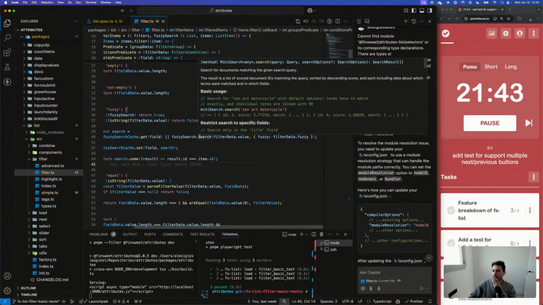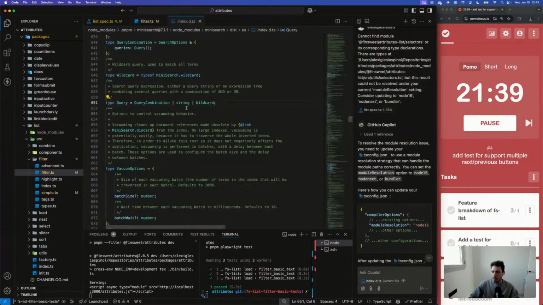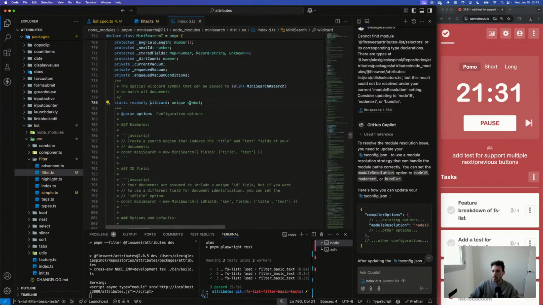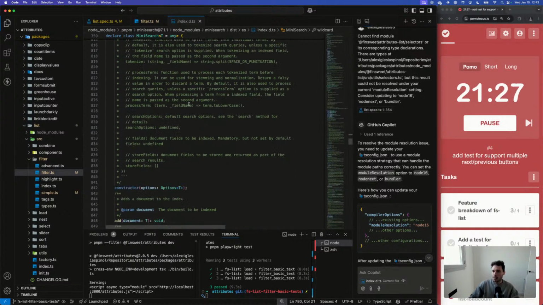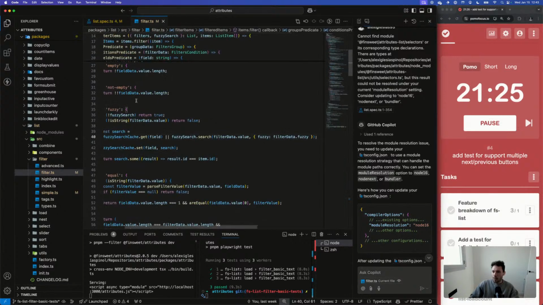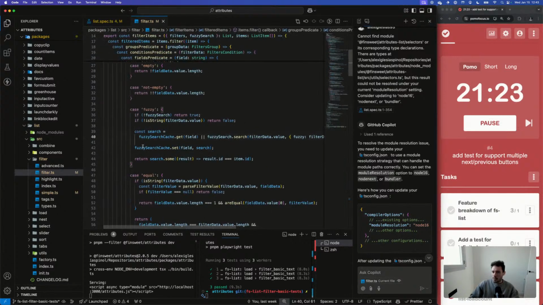Does the search allow for anything? What does the search allow for? Query combination or a string or a wildcard? What's a wildcard? It's a unique symbol. Right. So if it's not a string,